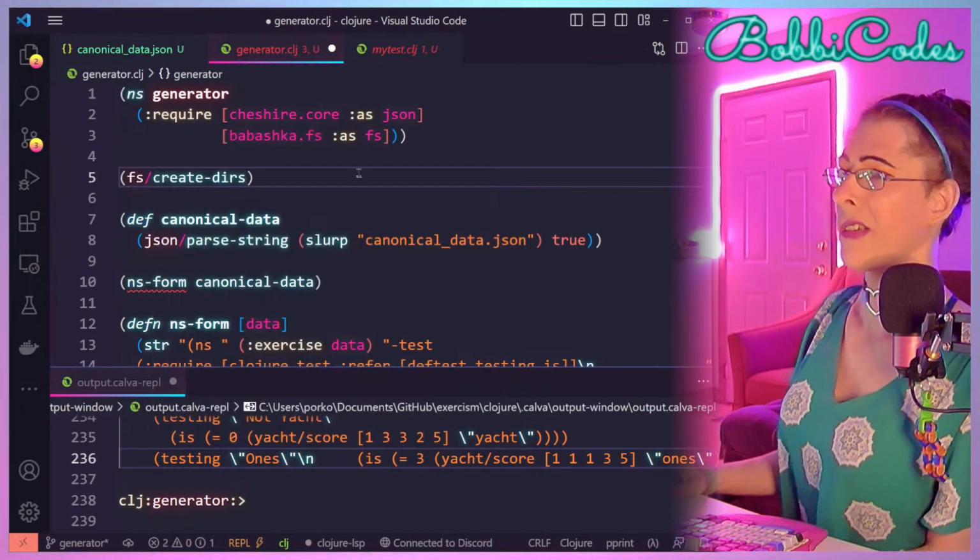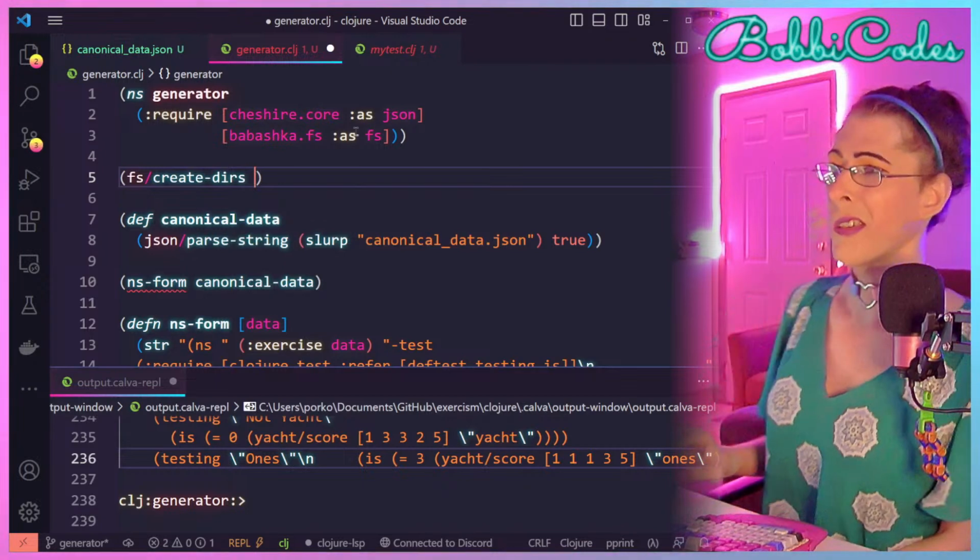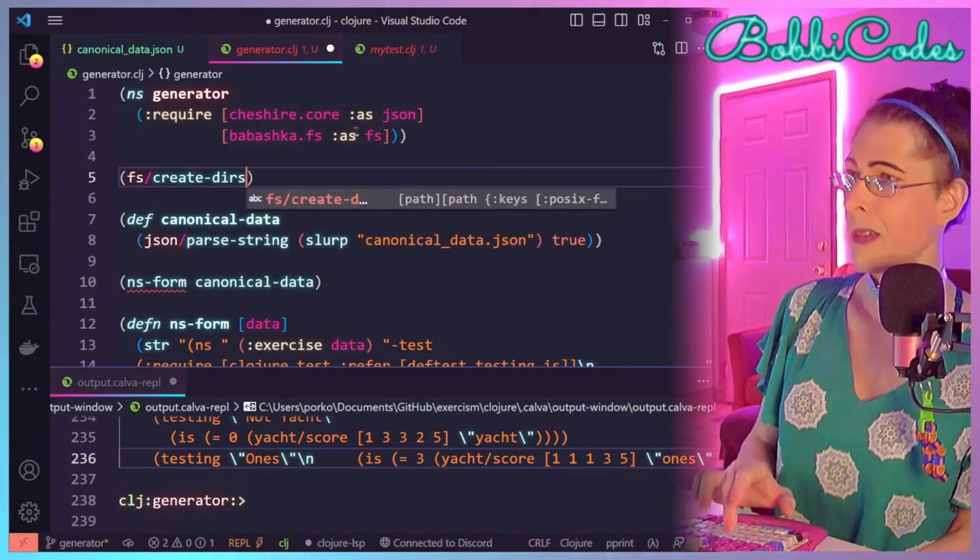Since there's create dirs, I imagine that takes a sequence.